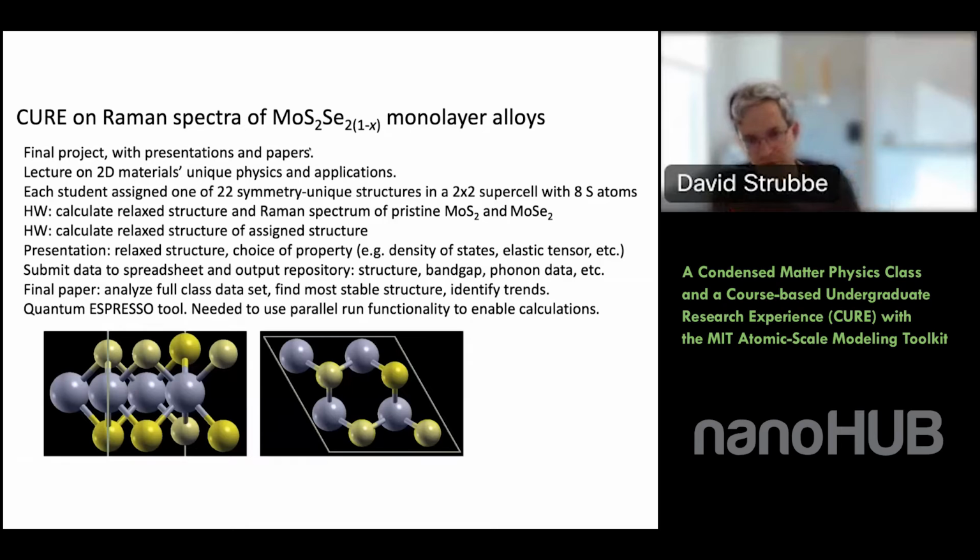And then they did a very first part in the next homework assignment with their assigned structure, finding the relaxed structure. And then they went further for the final presentation. They talked about this relaxation. They also chose their own property to calculate, such as density of states or elastic tensor. This was not necessarily going to amount to useful data ultimately, because they all did something different, and also because they were all doing a different approach. It was harder. So they may or may not have done that correctly, but this gave them an opportunity to